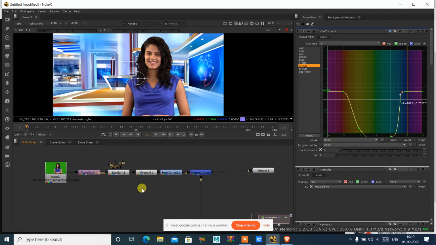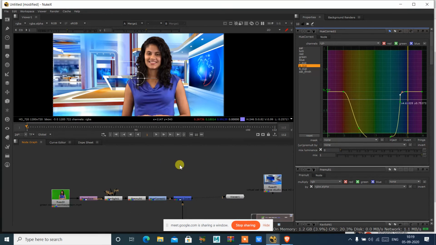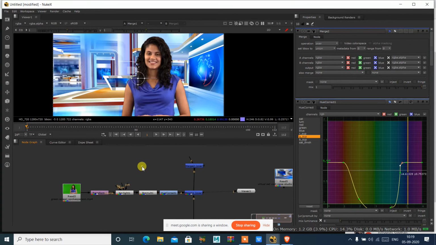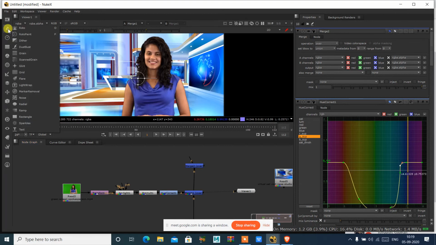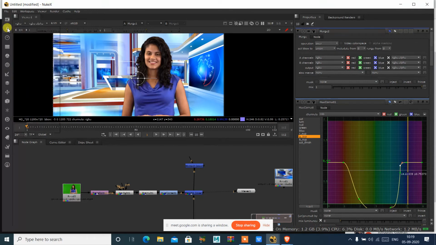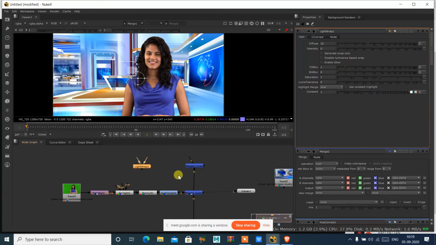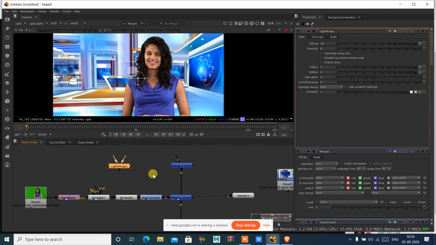To add a light wrap, again press M. This will go below, and light wrap has to come on top. Now to add a light wrap, you go to this option. Over here, you can see that there are different options. You have this option called light wrap. First node is the image node, second node is roto. Inside roto, you'll find something called light wrap. I'll just select that.